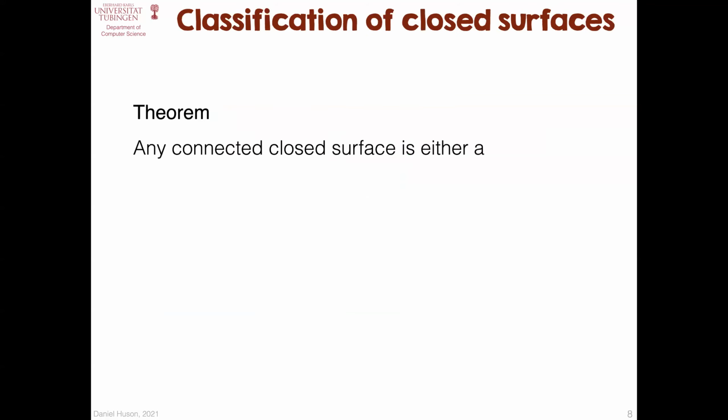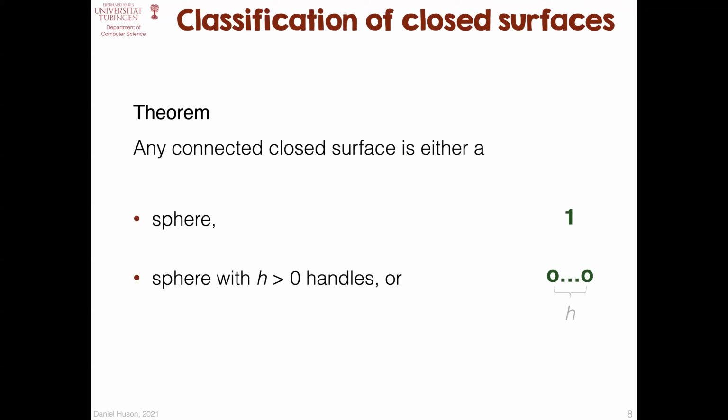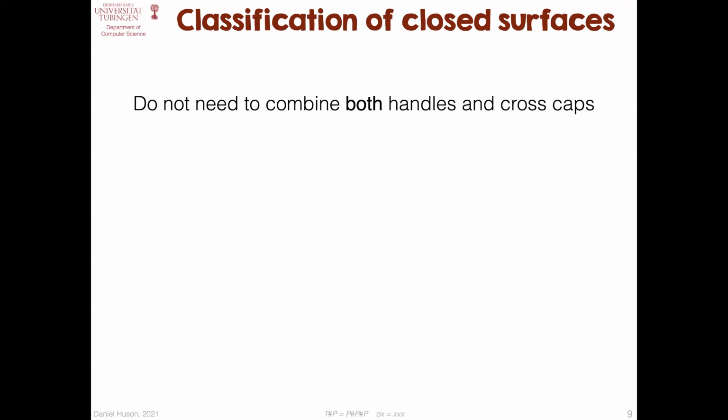We come to a theorem that people have long known about. Any connected closed surface is either a sphere, with Conway notation 1, or a sphere with H handles, whose notation is H rings, or K cross caps, K crosses. Note that there is no combination of handles and cross caps simultaneously, and we do not need to combine these,